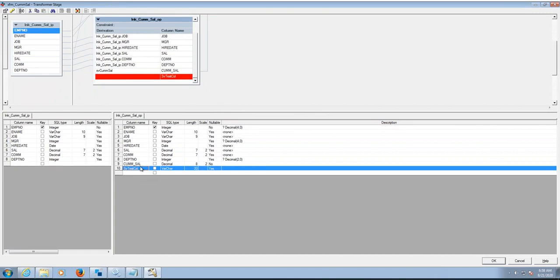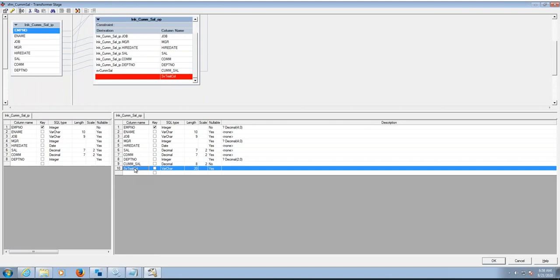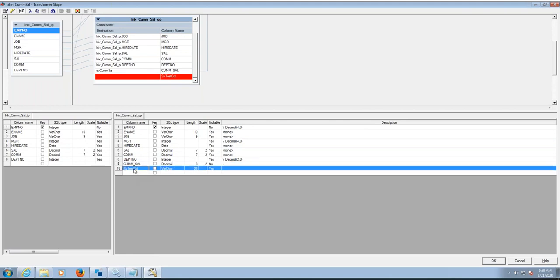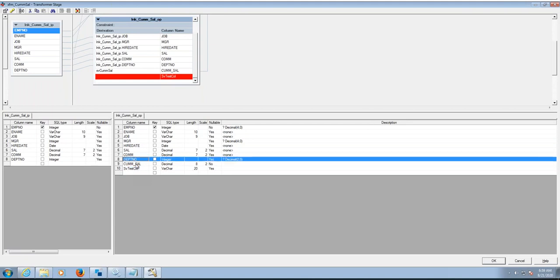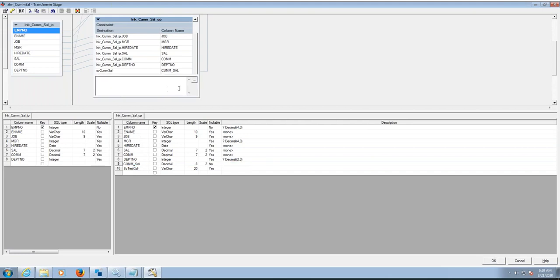So see these two columns, cumulative salary and SV test column, are not coming from the source. We are deriving them ourselves. That concept is called data scrubbing, creating a new definition from the existing source definition. For that we need to double click on the derivation part and click on stage variables, SV test.